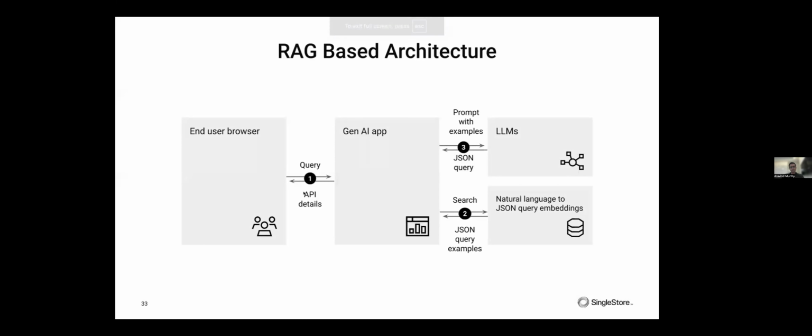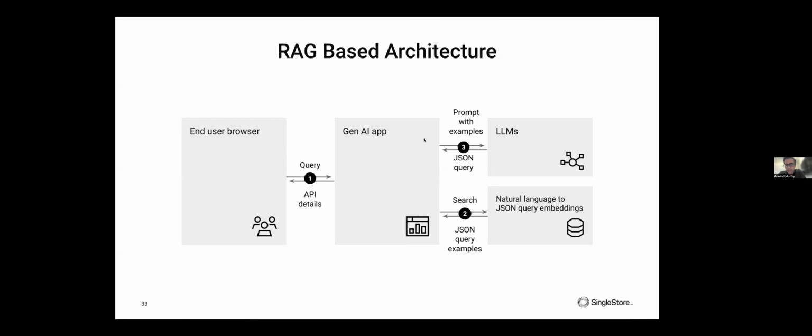The way we have implemented this is what is called a retrieval augmented generation based architecture. The end user fires a query from the browser in text. We don't do text to SQL directly because it's not easy to put in all the domain knowledge, and also we want the final UX to be open. So we are converting the text to an API query that will hit our SingleStore database and fetch the results. The end user types the query in natural language, and it hits our application.